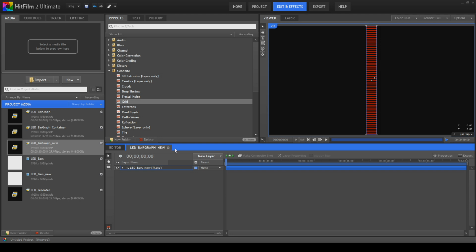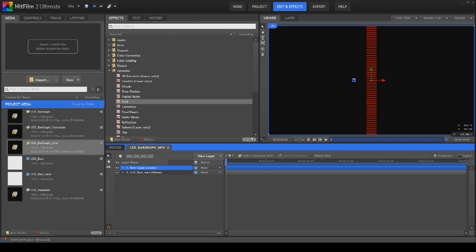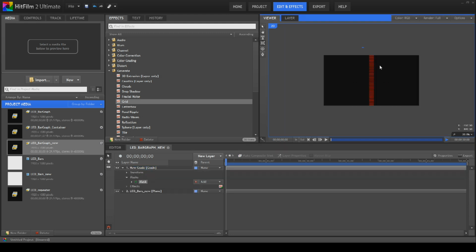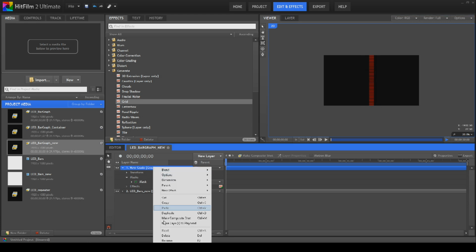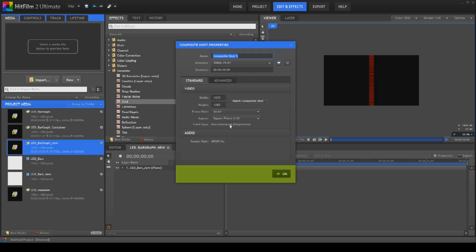And the reason that composite shot is done is because if we use a grade layer like so, and then we create a mask on that grade layer, it does nothing. It does nothing whatsoever. So the way we need to collapse this is we need to work on the outside of the bar graph composite itself. So we're going to create another new composite shot, which we will call LED bar graph